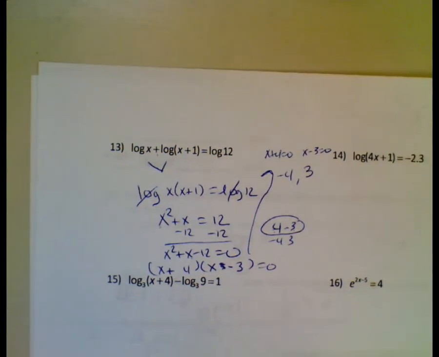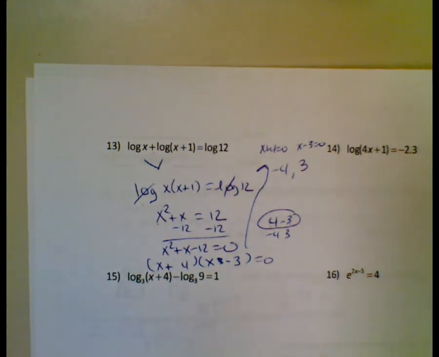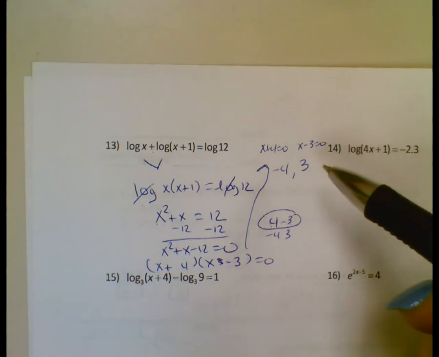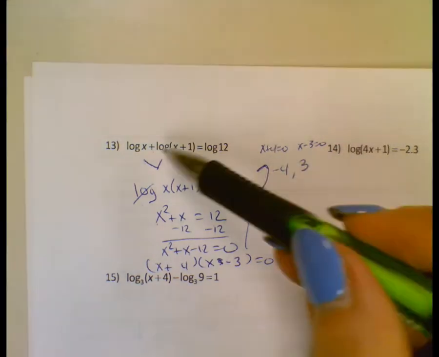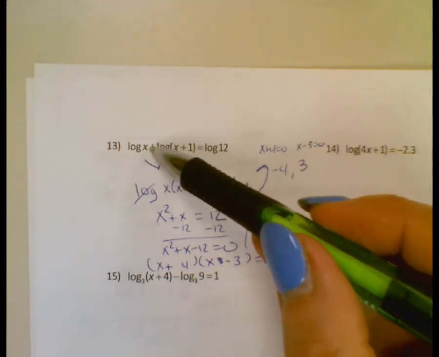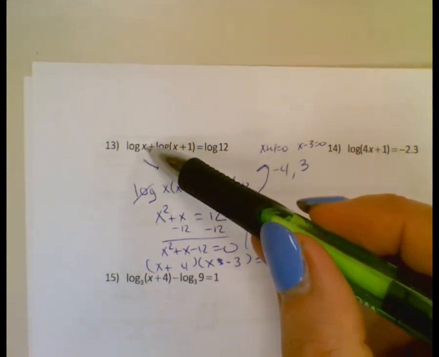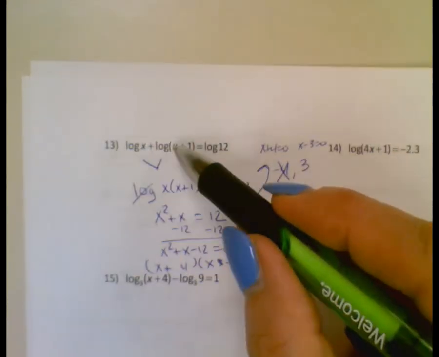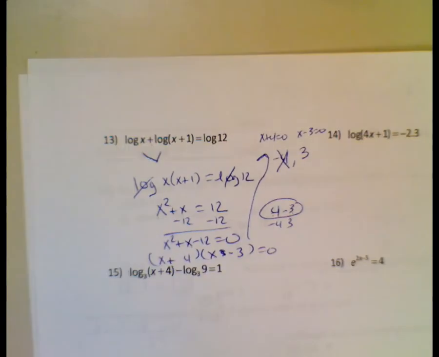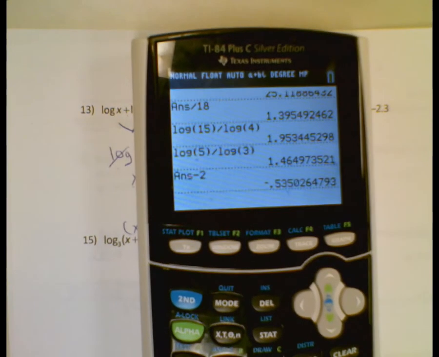You have to remember, though, that with logarithms, usually you have an extraneous root. That means an extra answer that doesn't really make sense in the problem. So if you plug a negative 4 into this x right here, it's going to be null and void because you cannot take the log of a negative number. So the negative is not going to work, but the 3 should be good. Log of 3, 3 plus 1 is 4. Just to show you that you can't take the log of negative 4,